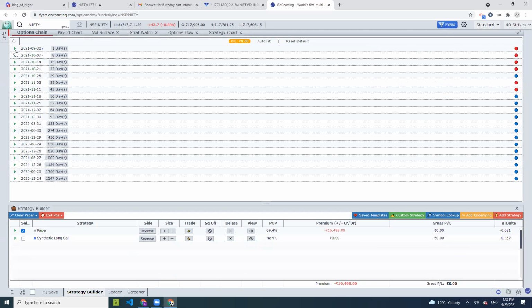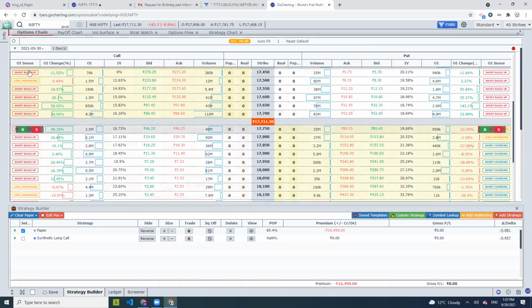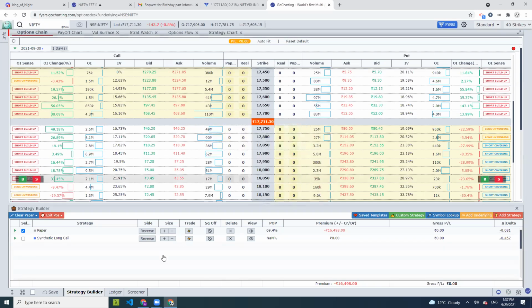For example, once you want to place another position, say I'm making it up, say you want to place another leg, it will ask you, for example, do you want to place it in paper or do you want to place it in some of the other strategies that you have added? So you can directly add a leg to a particular strategy, delete a leg, everything you can do directly now. You don't have to wait for another module here.